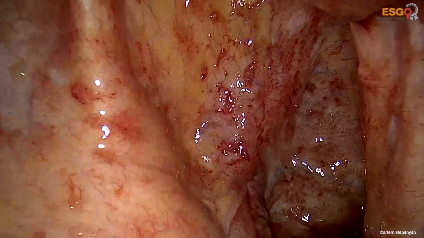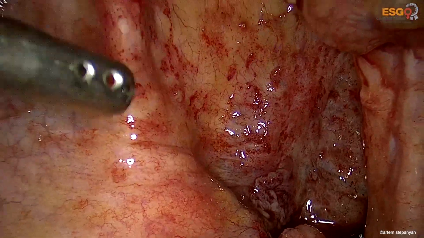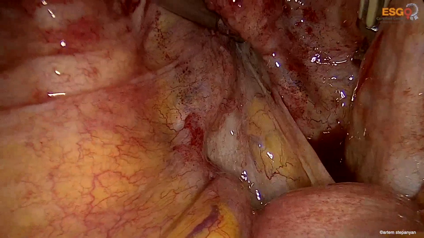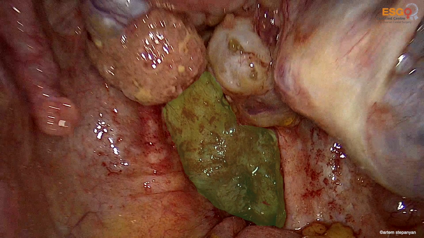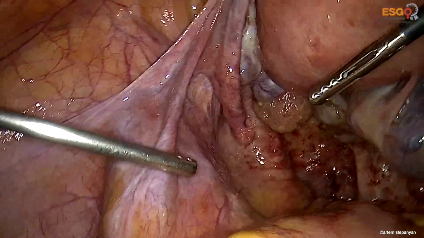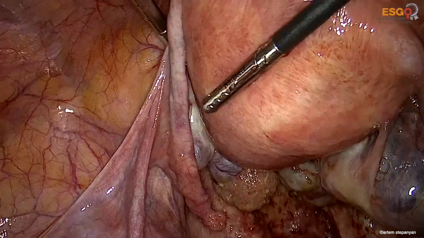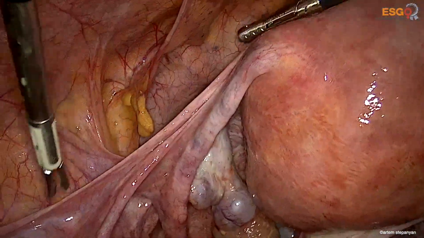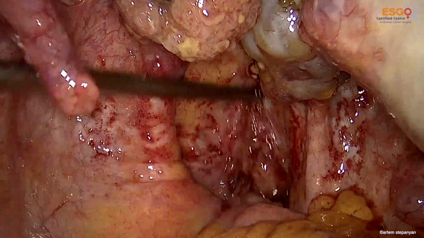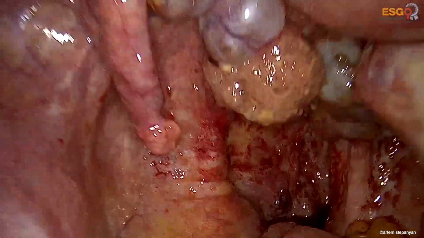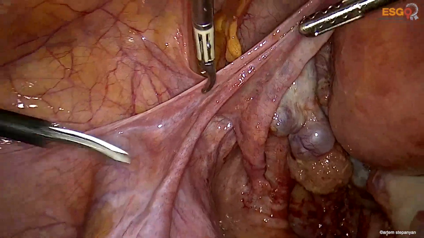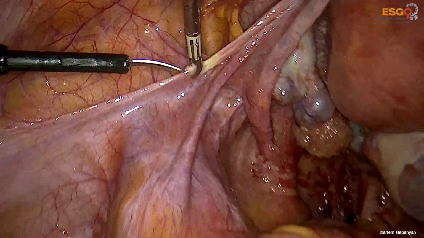On inspection of the pelvic cavity, we see bilateral ovarian tumors infiltrating the posterior leaf of the broad ligament, and small peritoneal implants affecting the Douglas's pouch peritoneum and the posterior leaf of the broad ligament of the uterus. It was decided to perform a modified laparoscopic Hudson hysterectomy, which includes the hysterectomy, bilateral salpingo-oophorectomy, and the posterior